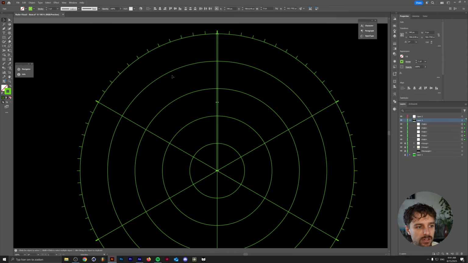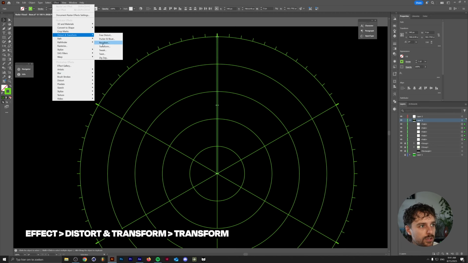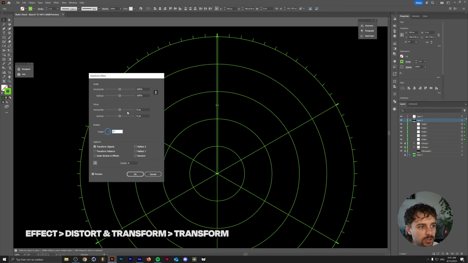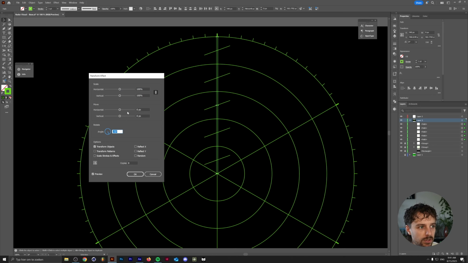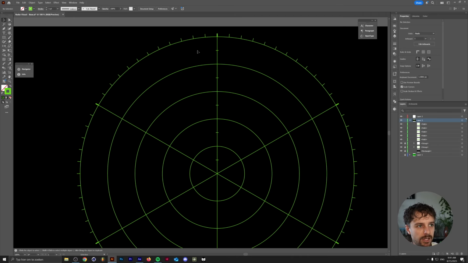To make these crosshairs, what we want to do is go to Effect, Distort and Transform, and now we can rotate all of these individually with the rotate tool right here and click on OK. We can even scale the horizontal line down as well if we want to, and just click OK. And then we're going to go to Object, Expand Appearance, and as you can see, we now have these crosshairs